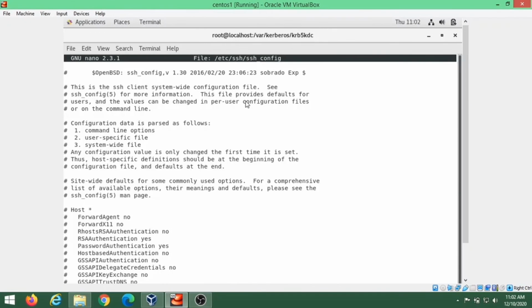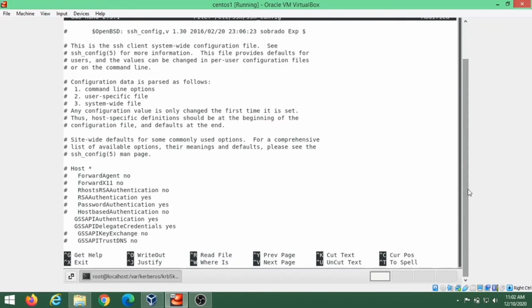In this file, we will uncomment the two fields, GSSAPIAuthentication and GSSAPIDelegateCredentials, and turn their values to yes. We will save the file.